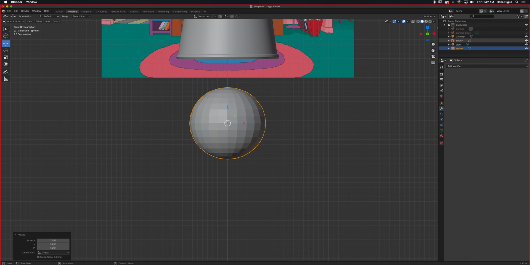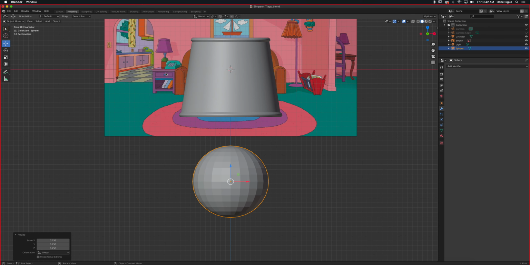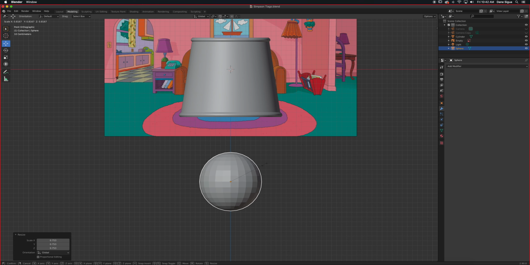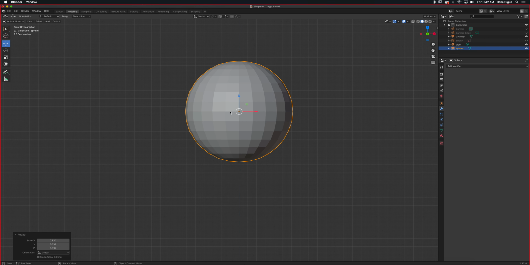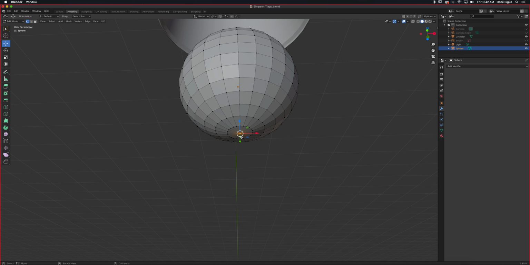Let's look at the empty. Okay, maybe a little bit more right there. All right, so we'll leave it to that one, and then we're going to turn off that empty. This is the photo. Okay, so let's modify this. I'm going to hit Tab, go to edit mode, and I'm going to select all the points going all